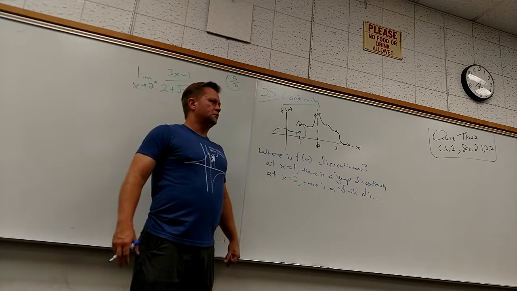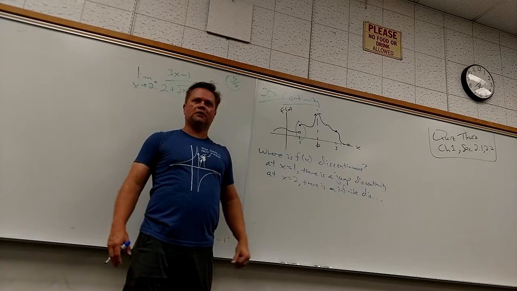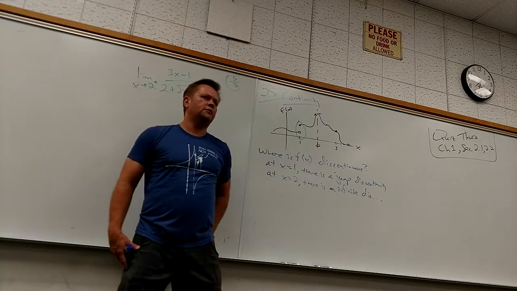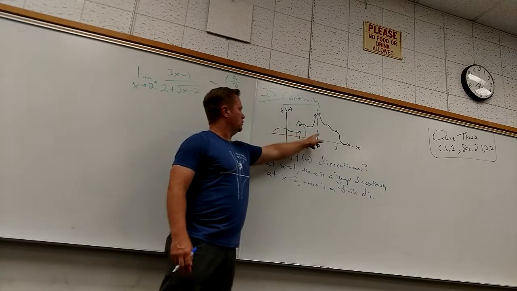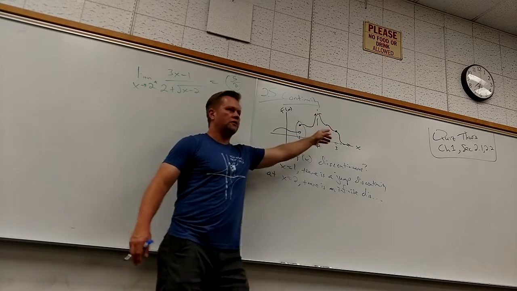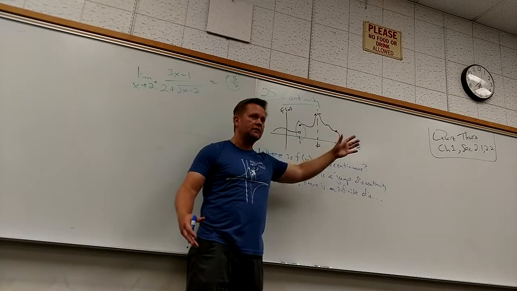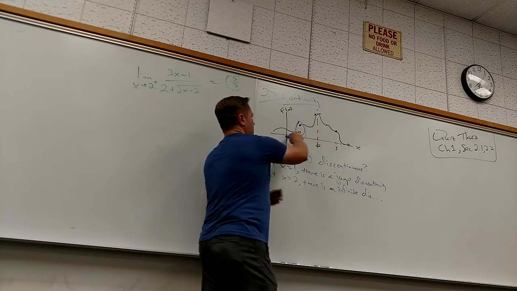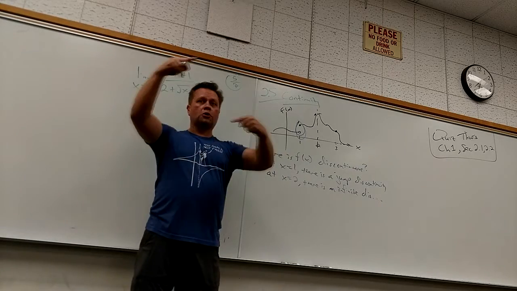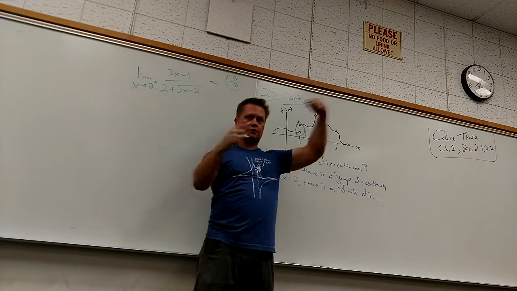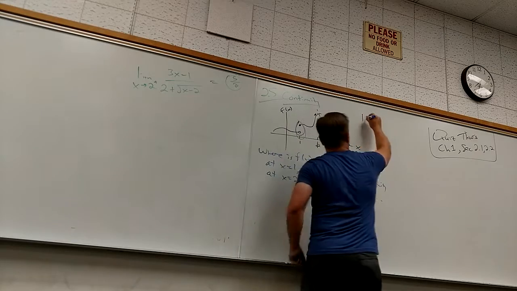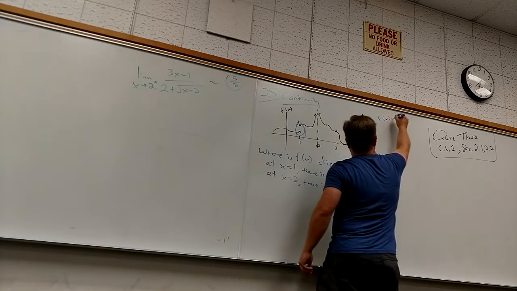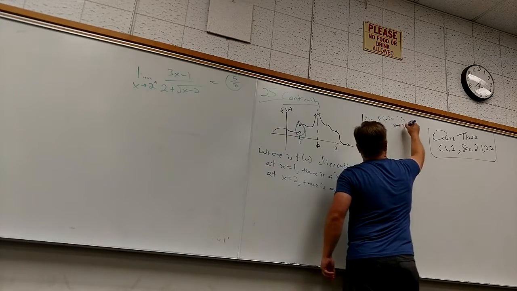What about at 3? I made that a point, but what's up with 3? Is that discontinuous there? No. Why not? Try to be very specific. What do these two not have that this has going for it? Why was this discontinuous? Because the limits on both sides don't agree. So here, the limits on both sides agree. The limit as x goes to 3 from below equals the limit as x goes to 3 from above.